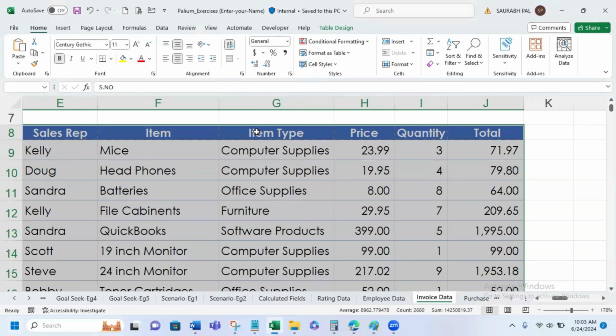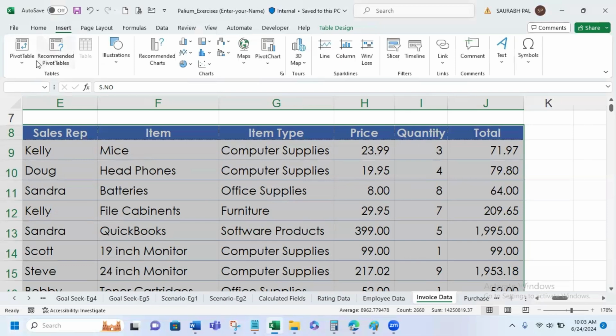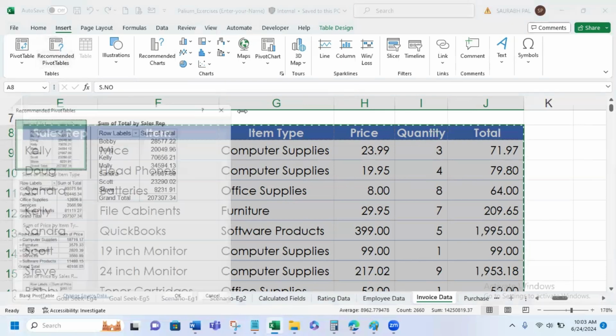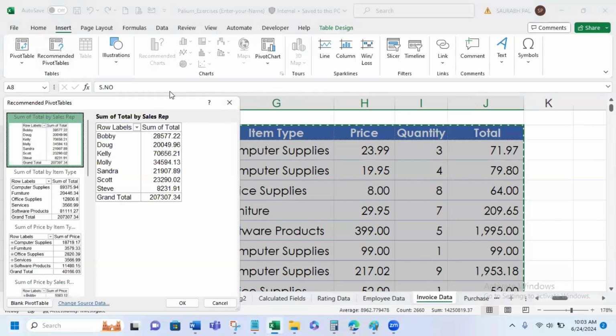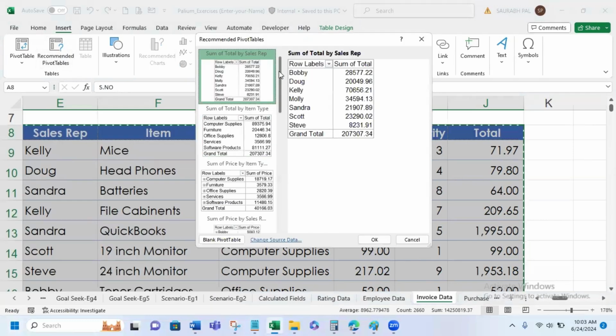Okay? Now, something like an AI feature has been introduced in pivot table also, where you can go to Insert and there is one option called Recommended PivotTables. Recommended PivotTables is Excel's analysis of your data. Based on that, it gives you a pre-formatted pivot table